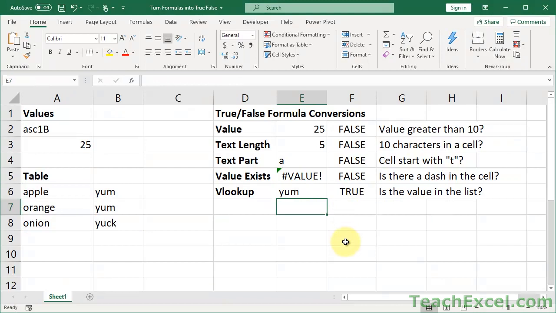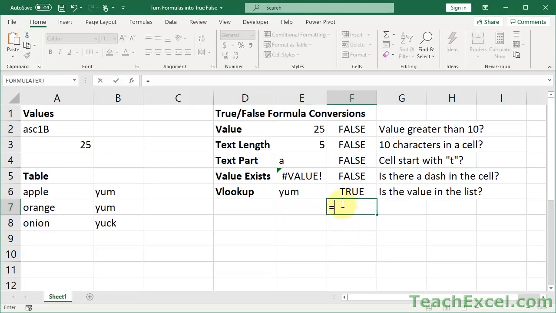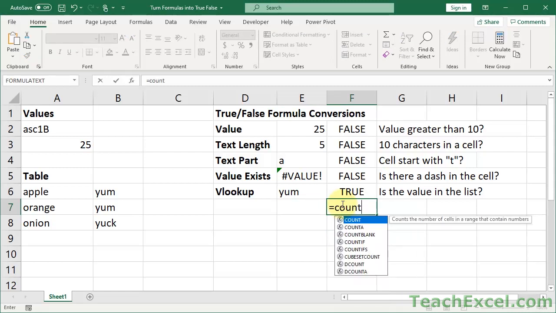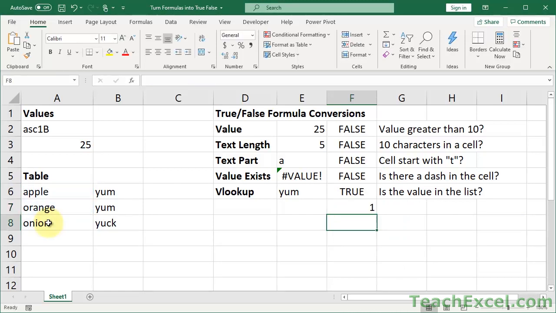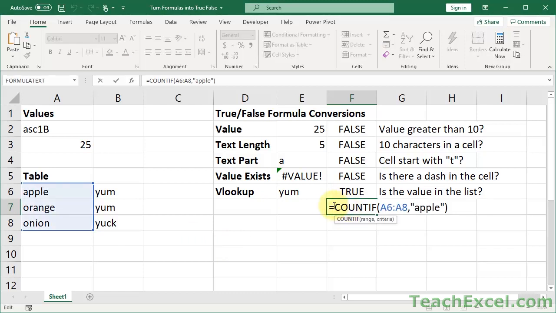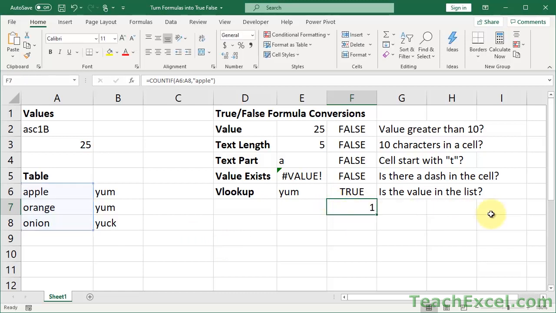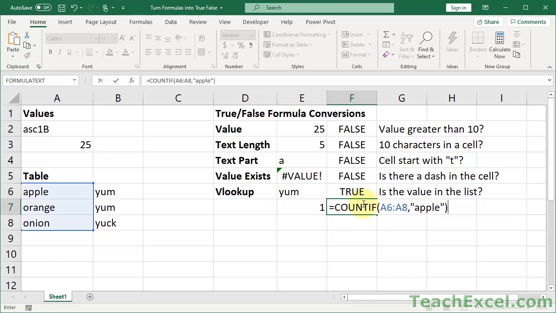everything is happy. Now you can just use the COUNTIF function for this if you want to use the comparison operator. So equals COUNTIF, range, criteria, apple. It's going to give you a number. And then we have our formula.